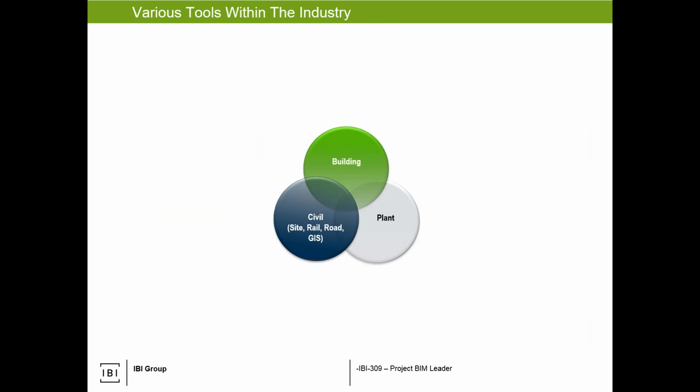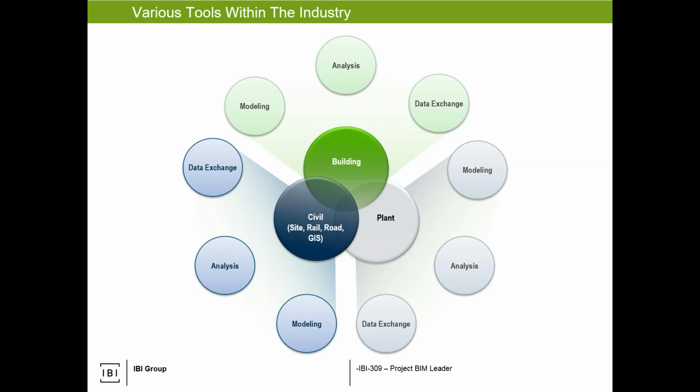We talked about software within the industry, and there's a lot of software. So this is that, BIM is equal to Revit. Well, it absolutely is not. BIM is a process, as we said in the definition. Revit is a tool, one of the softwares that are available. We have building software, plant software, and civil software, and that's basically the divide in most of your software vendors.